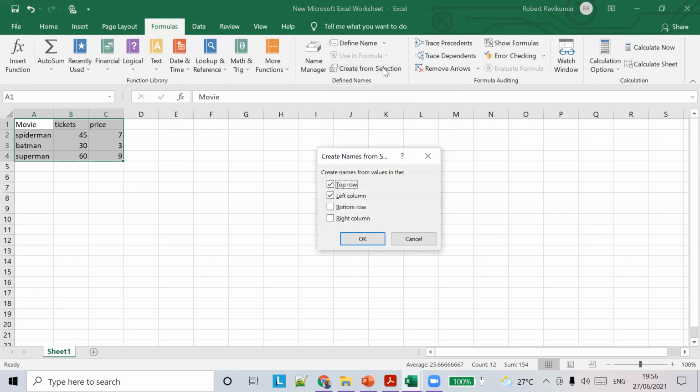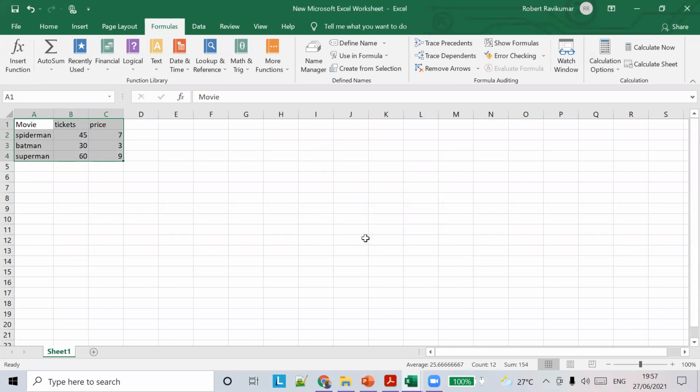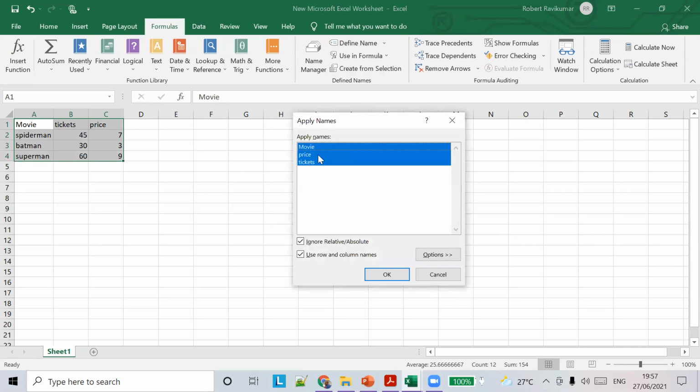Click on it, create names from values. The top row gives the name range names. So we are going to create three name ranges, movie, tickets, and price, based on the header values. Click OK. Now if you see the name definitions, you can see three name ranges, movie, price, and tickets, based on the header names. Excel automatically created all of them.